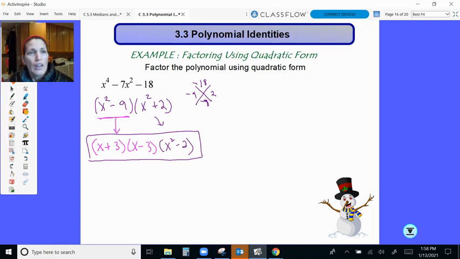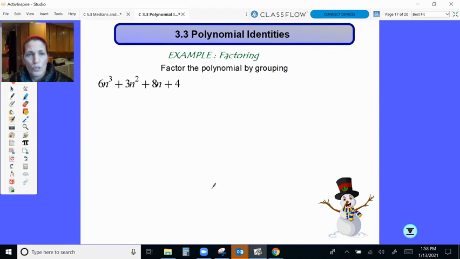It's a trinomial. Okay, and I have highest power is 4. This one usually is half of that, or some sort of power here, then half of that, and so forth. This one is 4 terms. Okay, and I usually will recognize this and go, hey, I've got common factors here, 6 and 3, and n's, and I have common factors here, 8 and 4, and that's how I know I can try my factoring by grouping. So I'm going to go ahead and group these guys and group these guys,